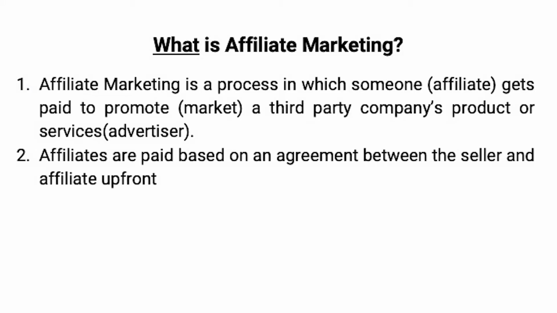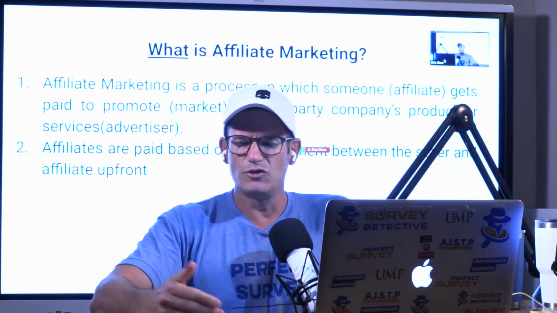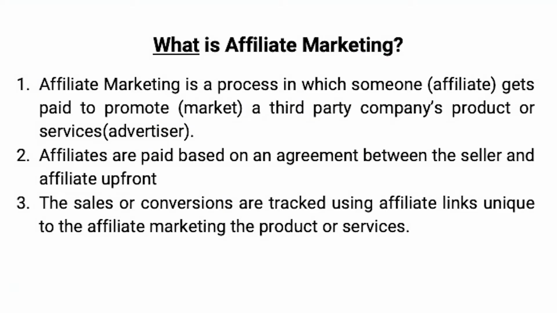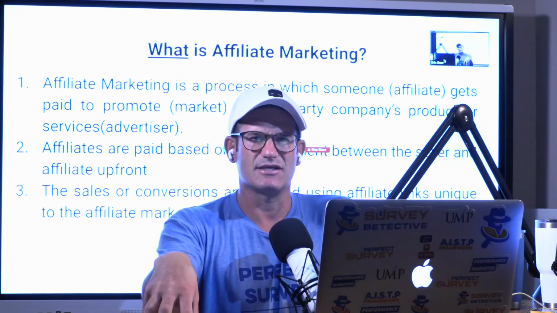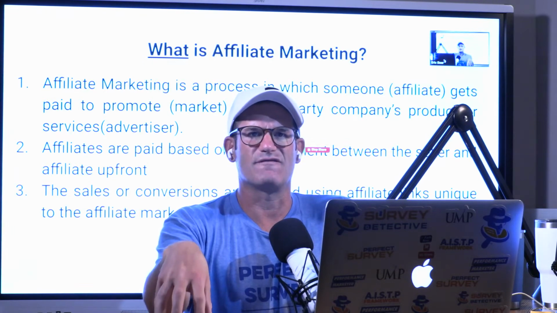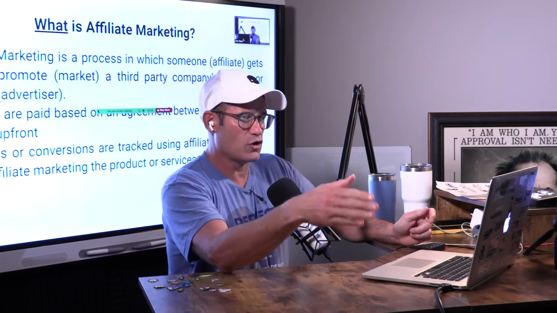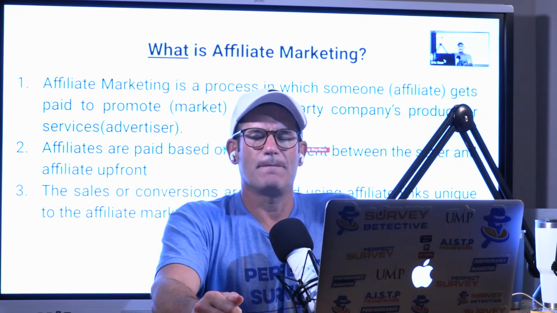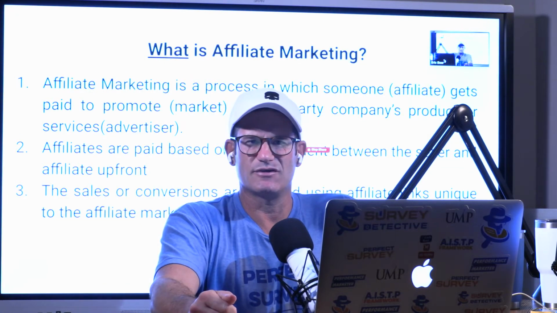The way it works is you do a deal with an advertiser. The affiliate will create a relationship with an advertiser, who is a buyer to you as the affiliate, okay? You will do a deal up front when you begin working with them. You get paid when you generate some action. The way it works is the sales, the leads, the clicks, anything that's defined as a conversion where you have earned commission will be tracked by the advertiser's affiliate link.